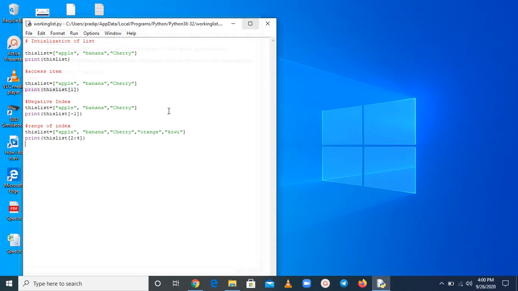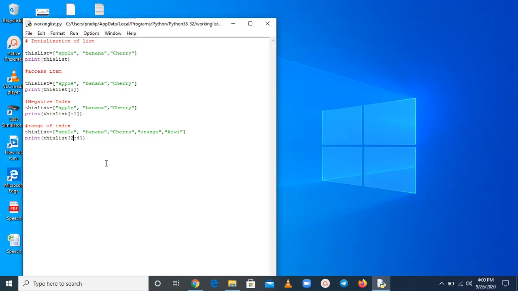Now, check your index values. Here 0, 1, 2 and this is 2, and talking about 4 means 1, 2, 3, 4. So, here we are getting the result because you are talking about index, not number of items. So, please do not be confused.